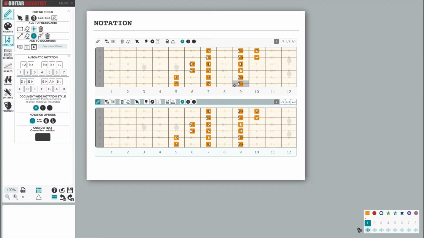For example, in this case, since this is an A major scale, it would be more appropriate to keep the diatonic names sequence A, B, C, D, E, F, G and display C sharp instead of D flat, F sharp instead of G flat and G sharp instead of A flat. So I can click on the D flat in the notation panel and I can select the C sharp option, and I'll do the same with all the other accidentals. This way my scale will be displayed correctly, as well as everything I'll write on this fretboard in this key.